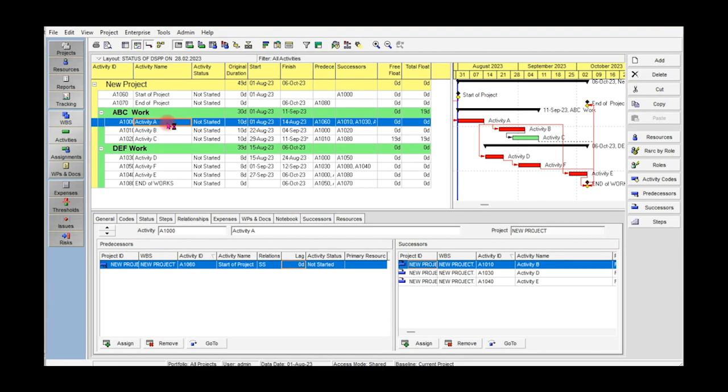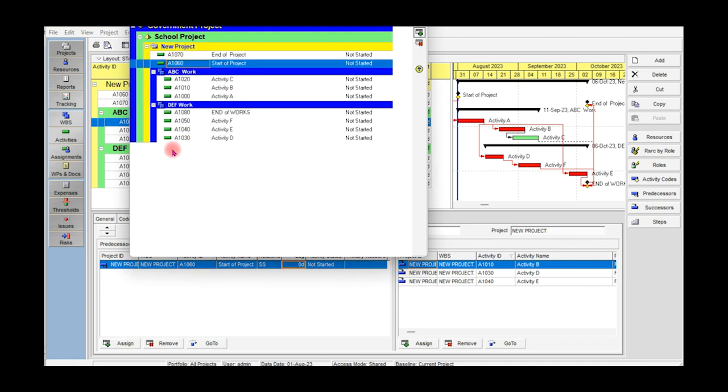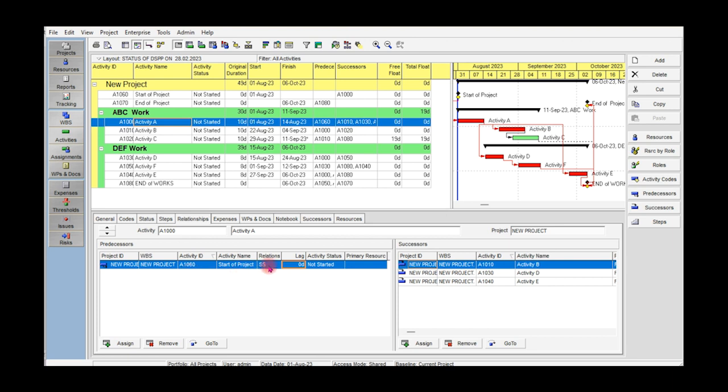In order to study activities relationship, consider the Relationship tab at bottom layout. Before establishing activities relationship, 2 important things you must remember. 1. In order to establish a relationship, start to start SS between the activity A and start of project, select activity A and in the Relationship tab click Assign button and select Start of project from the pop-up list and click